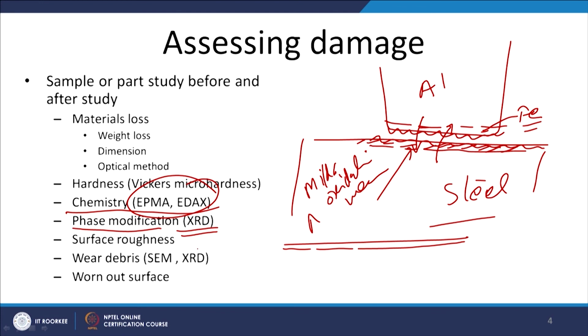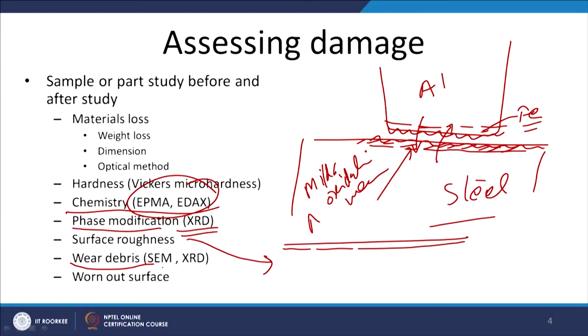from the functional surfaces. Similarly, the surface roughness can also be measured using different surface roughness test methods. Abrasive wear and erosive wear will cause more surface roughness as compared to adhesive wear. So, depending upon the wear mechanisms involved, the roughness produced will be different, and we can quantify the extent of damage taking place on the surface with regard to the surface roughness. Metallic debris, as I have said, is produced during severe metallic wear, and oxides